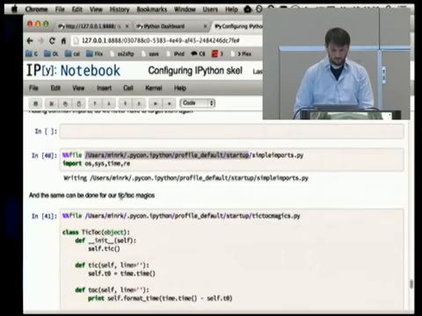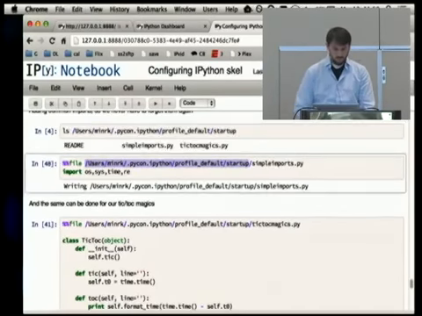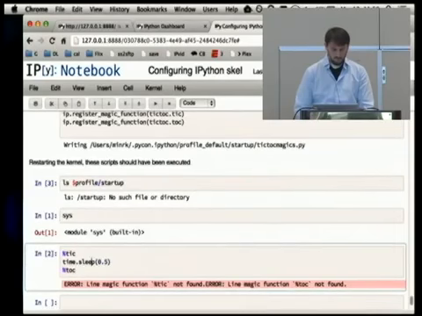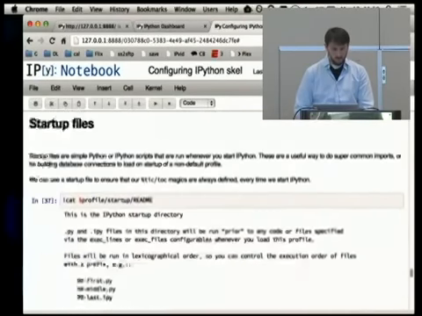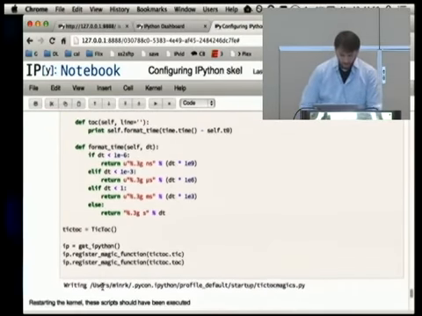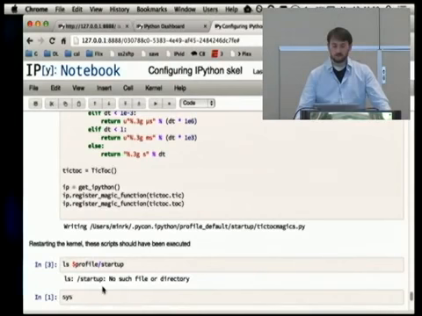Oh, profiles not defined. Well, I did the magics registration wrong, but anyway, you can define magics, and you can add imports,